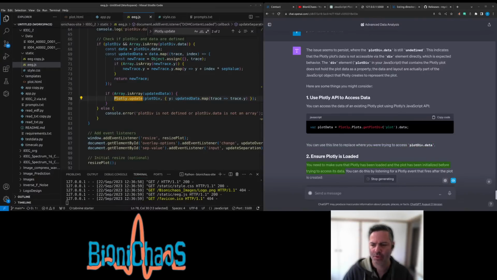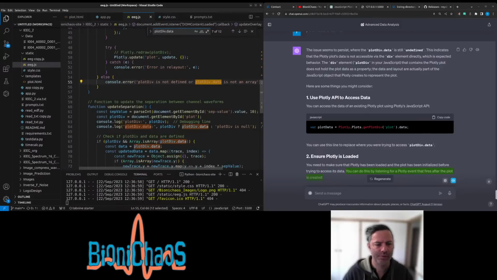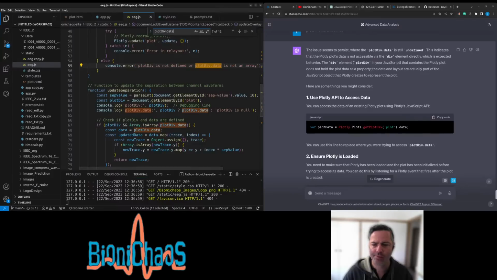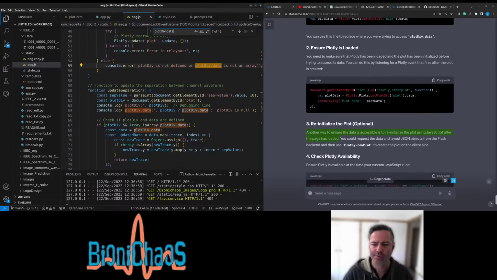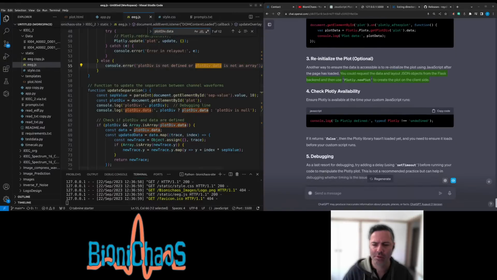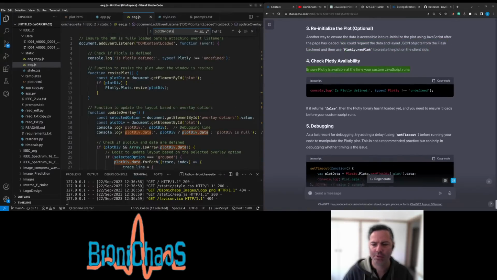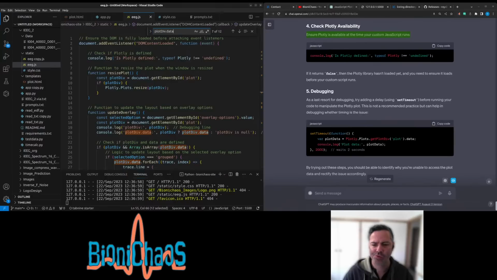You need to make sure that Plotly has been loaded and the plot has been initialized before trying to access its data. You can do this by listening for a Plotly event that fires after the plot is created. Another way to ensure the data is accessible is to reinitialize the plot using JavaScript after the page has loaded. You could request the data and layout JSON objects from the Flask backend and then use Plotly new plot to create the plot on the client side. Ensure Plotly is available at the time your custom JavaScript runs.